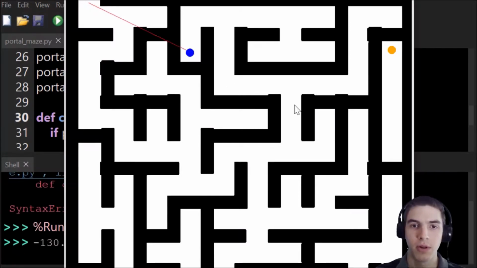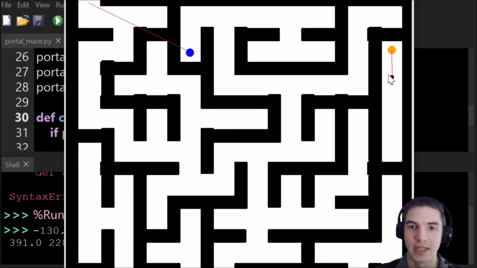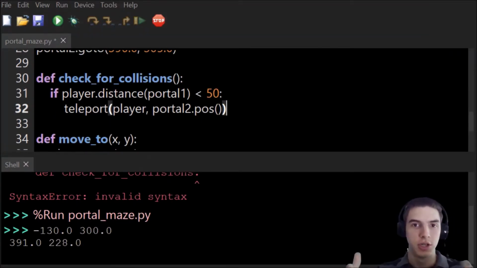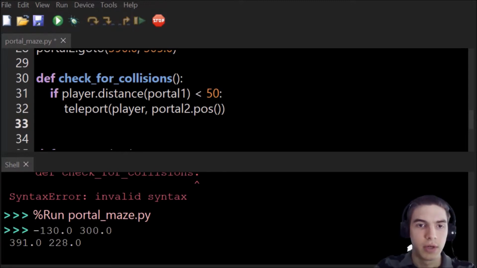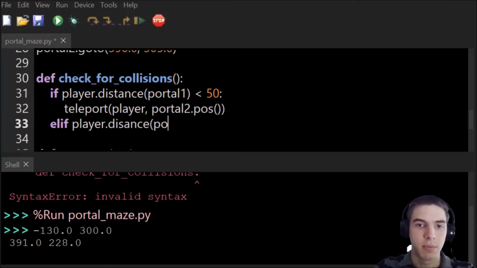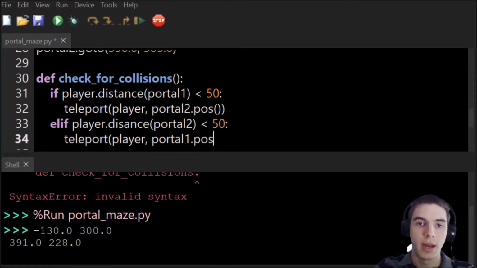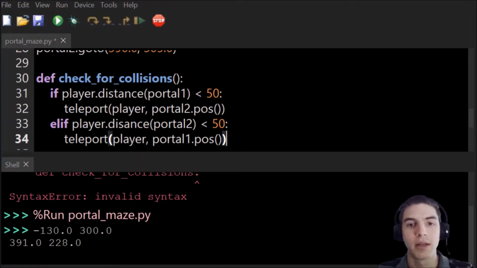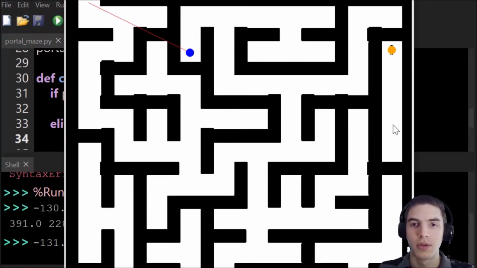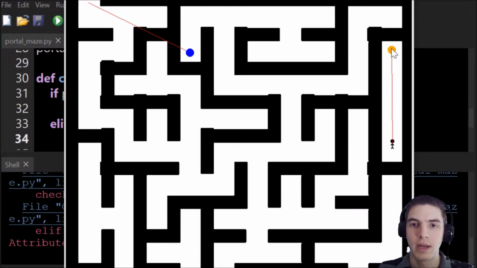So we go to the blue portal, and it teleports us to the orange portal. Now we need to make it so you can go from the orange to the blue. And this is how we'll do it. Elif, remember that means else if, player.distance portal2 is less than 50. What will we do? Teleport player to portal1 dot position like this, or dot pos. Let's test it to see if it works. So boom, he goes to the orange portal, he walks away from it, then he comes back,